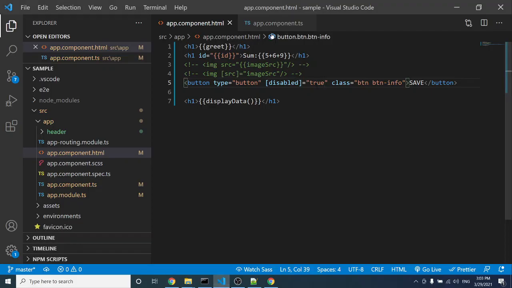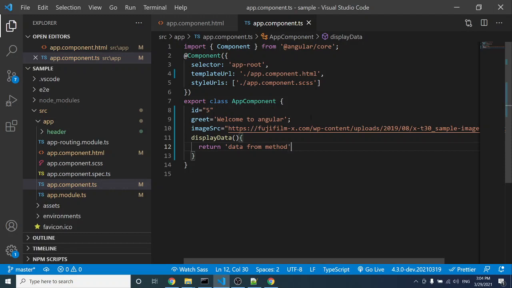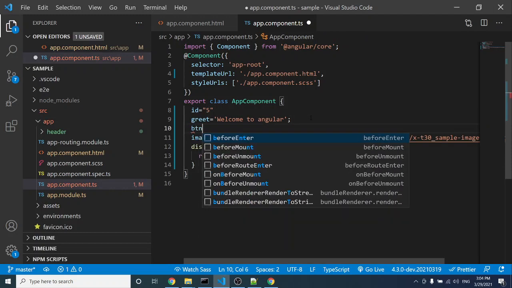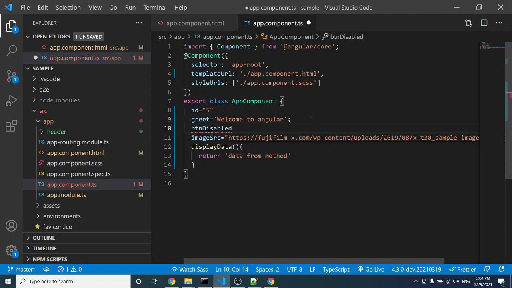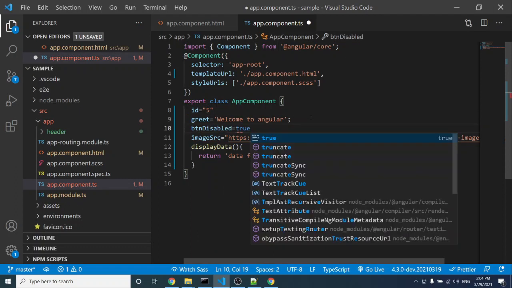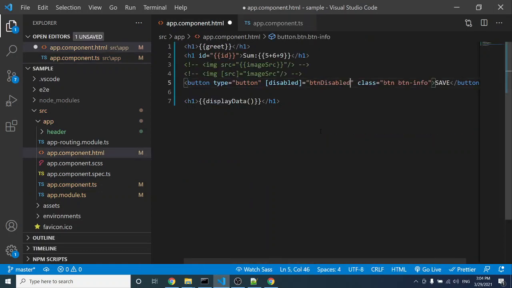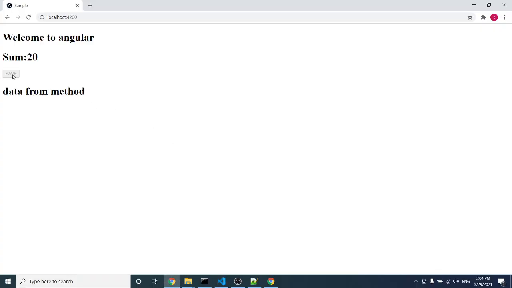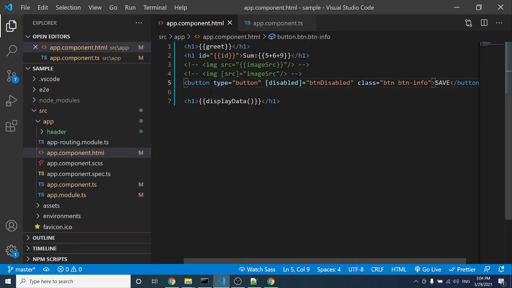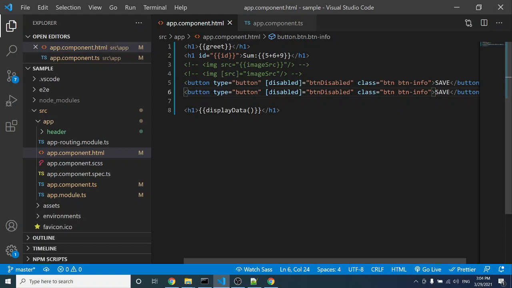Let's do the same thing. Let's take some property in the class template, button disabled equal to true. I'm taking. So let's bind this value into the template. Okay, here you can see this button has been disabled. Now we'll try this same thing with the help of interpolation. As it is a boolean value, interpolation will not work with these things. See here,